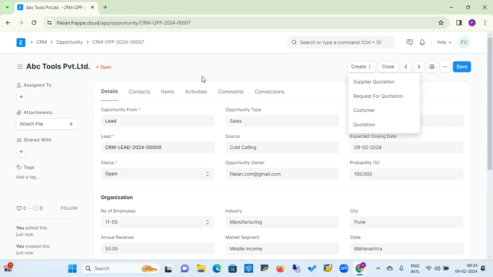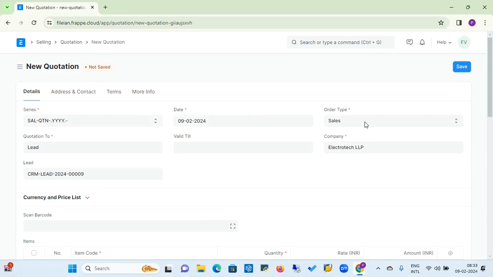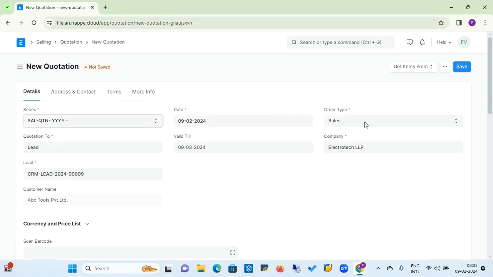So the customer is now asking us to send a quotation. We are going to convert the quotation from the opportunity itself. For that, you need to go to the Create drop down button and select the option Quotation. Once you select the option Quotation, you will land on a new quotation page where you will get all the details